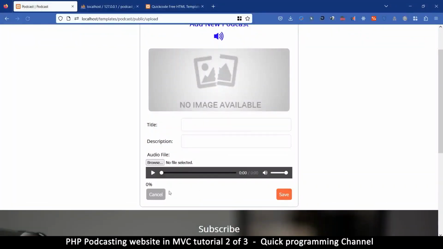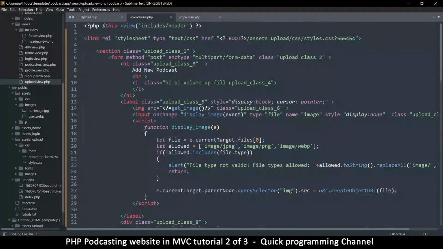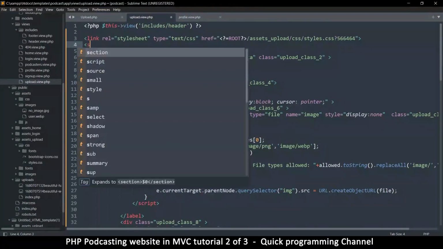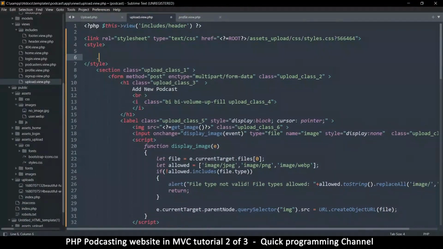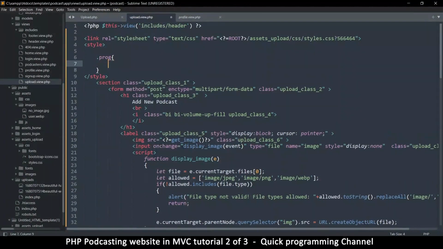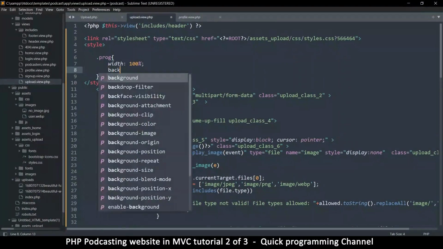If I now refresh, you just see 0% there. So I want us to see, let me add some styles. So we're going to say .prog. So this one has a width of 100, of course. It's got a background color,